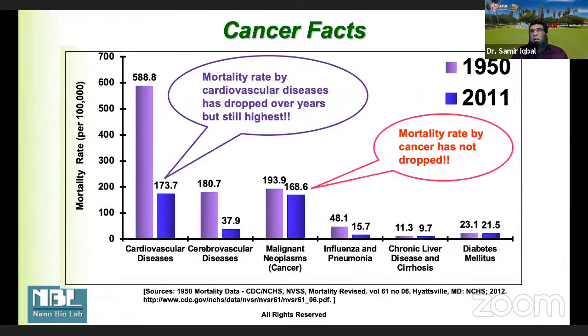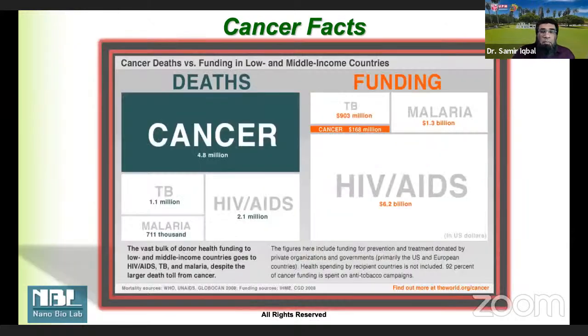And if you think about it, you would say, okay, if there is so much mortality, then we may be investing a lot of money in it. But that's another problem. This data is from a few years ago, and things have not changed. Maybe COVID has changed things, where COVID is getting more funding and more attention. But across the board, cancer has been a bigger killer, including in low to middle income countries. Yet the funding for cancer research has been much smaller than for malaria, TB, and HIV/AIDS.